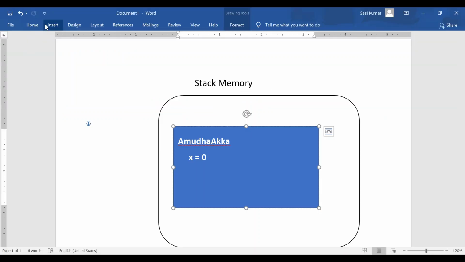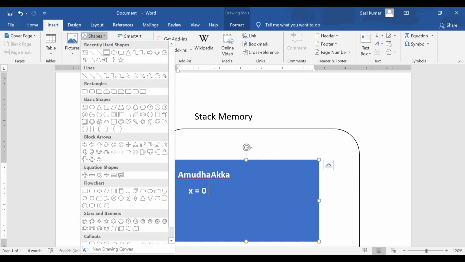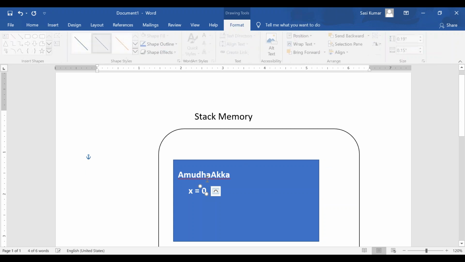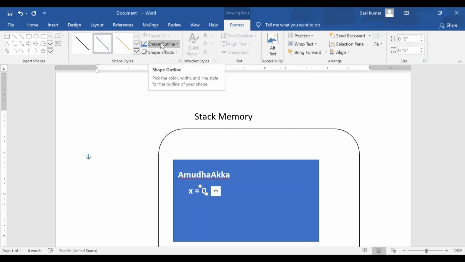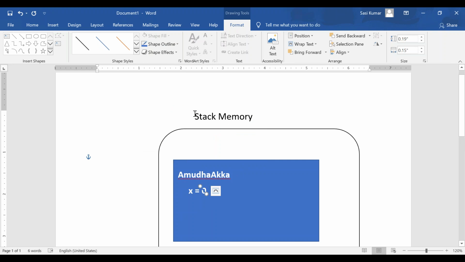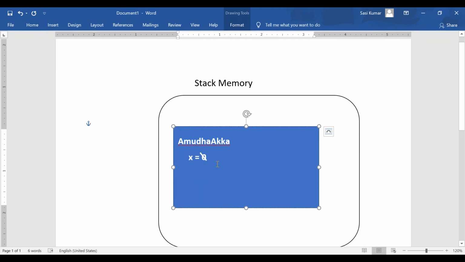So 100 will be reinitialized. The 0 will be deleted, and x will be reinitialized with 100.